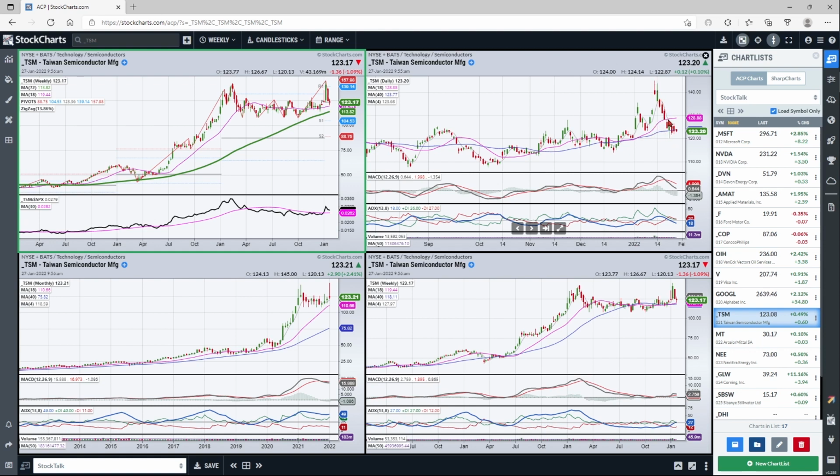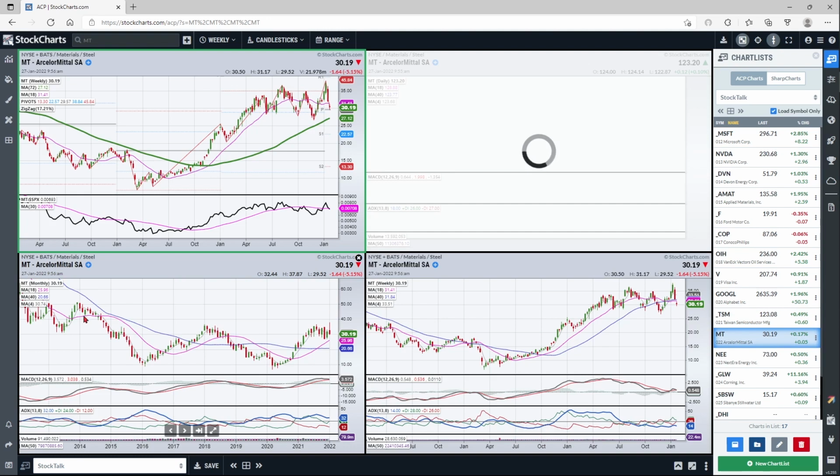I can't really play this off the daily now because it's run through both the 18 and the 40. If it can hold the 18-week and the 40-week and sort of stabilize and channel, then it could get back and going here pretty quick. So that'd be the first thing I'd be on the lookout for if I'm interested in buying this. If it breaks the 18 and the 40-week, then this whole move is on hold for a while.